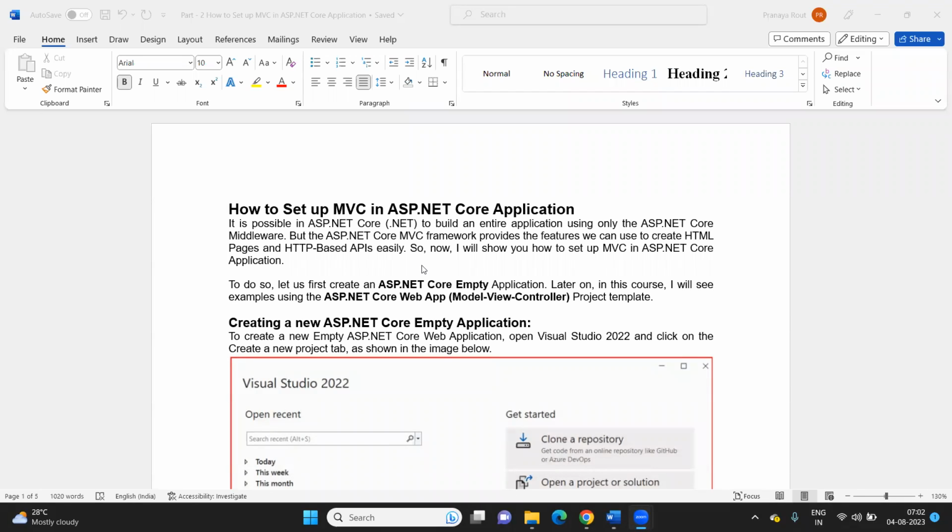Yes. Right. So yesterday we started our ASP.NET Core MVC syllabus, and we discussed what exactly this MVC design pattern is all about. What is a model? What is the role and responsibility of a model? What is a controller? What is the role and responsibility of a controller? And what is a view? And what is the role and responsibility of a view? And as part of a model, what are the things you can do? As part of a view, what are the things you can do? And as part of a controller, what are the things you can do? And we also discussed what we should not do inside the view and what we should not do inside